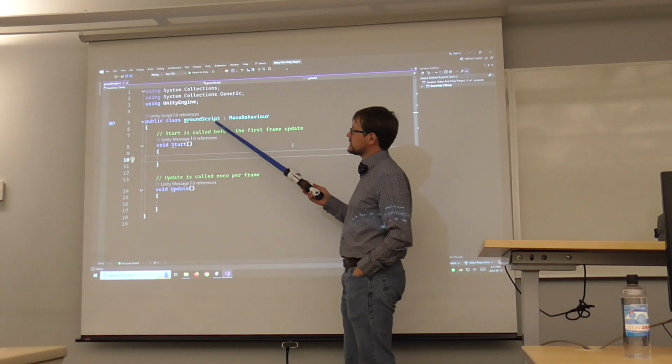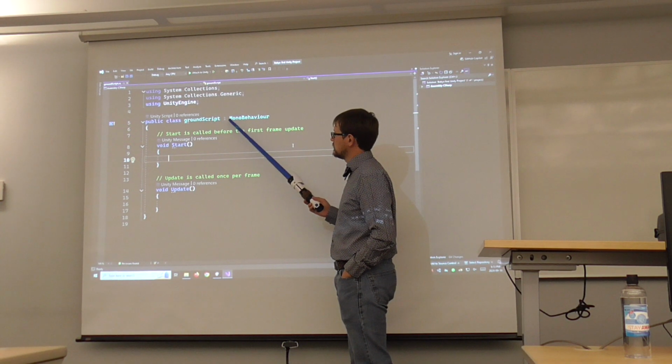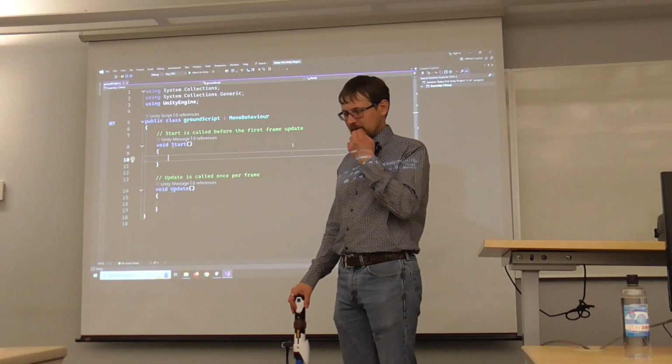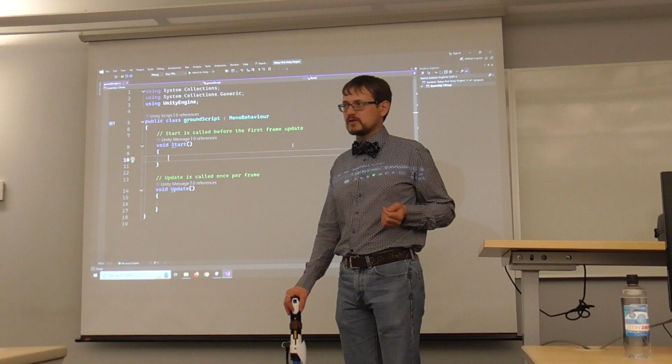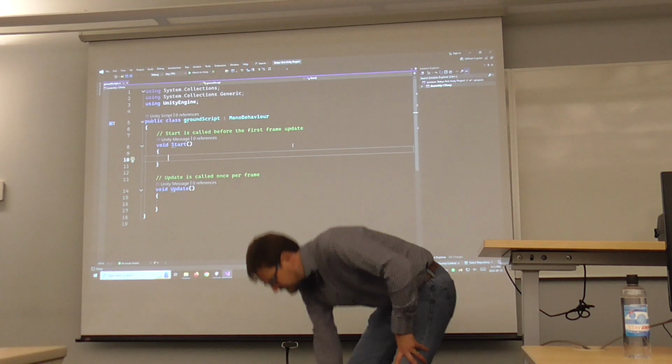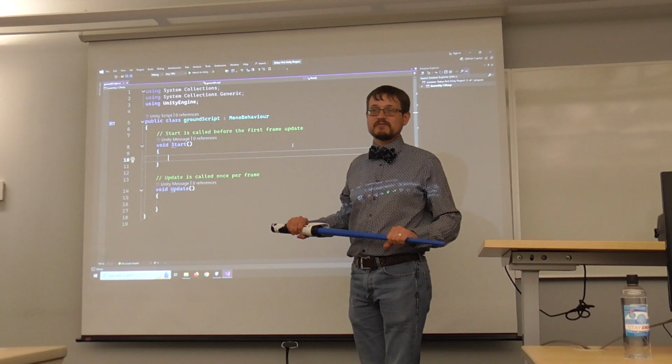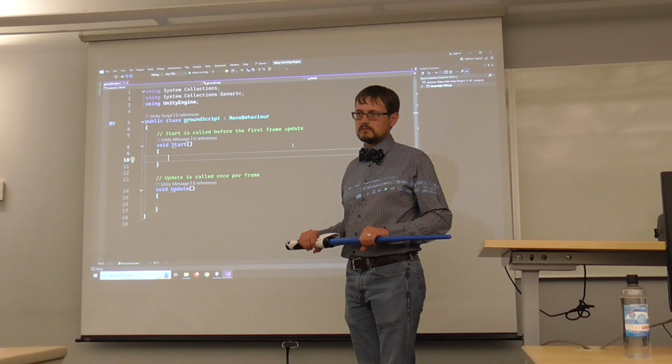Public class ground script, mono behavior. We're not quite there yet, because we haven't talked about object-oriented programming at all yet, and this is a class definition line. So,